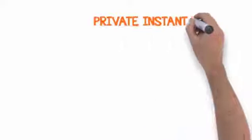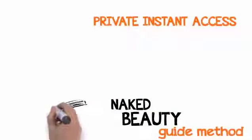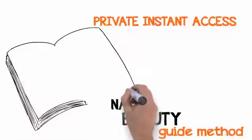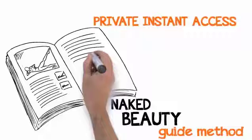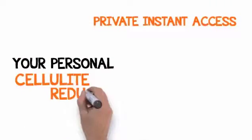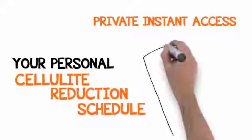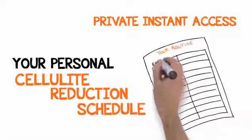You also get the printable guide version of your Naked Beauty Simulast method, including detailed photos and easy-to-follow instructions. You can take these with you to the office or when traveling, so you always have your cellulite reduction weapon right at your fingertips. You get your personal cellulite reduction schedule. This is where I show you when to do your routine and how to easily plug it into your schedule